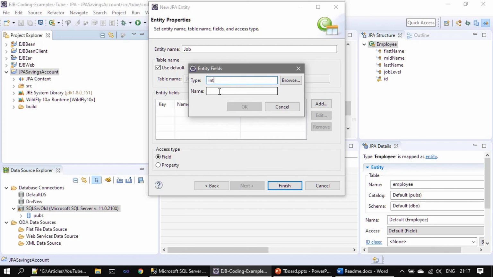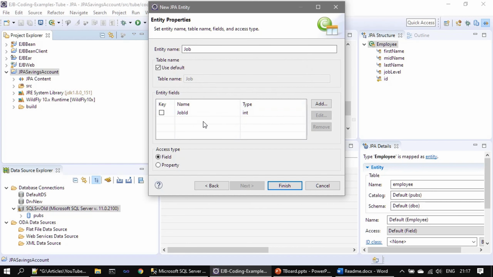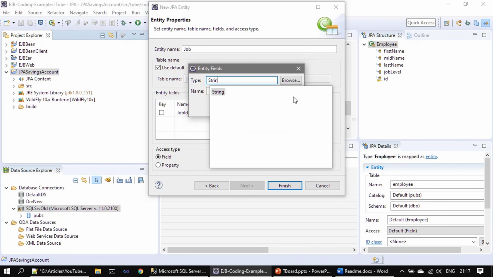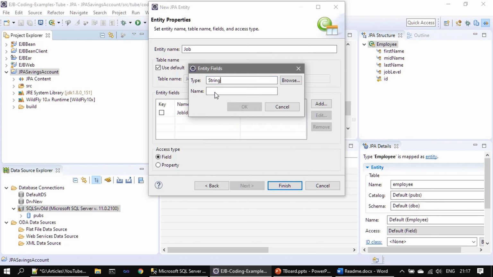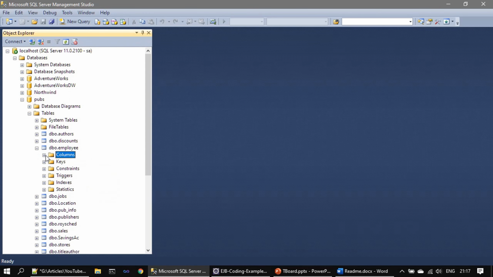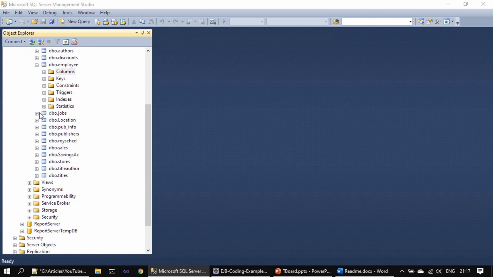Type is integer, job ID, then string job description. So here we are just matching with the database field, and if you see here for jobs,